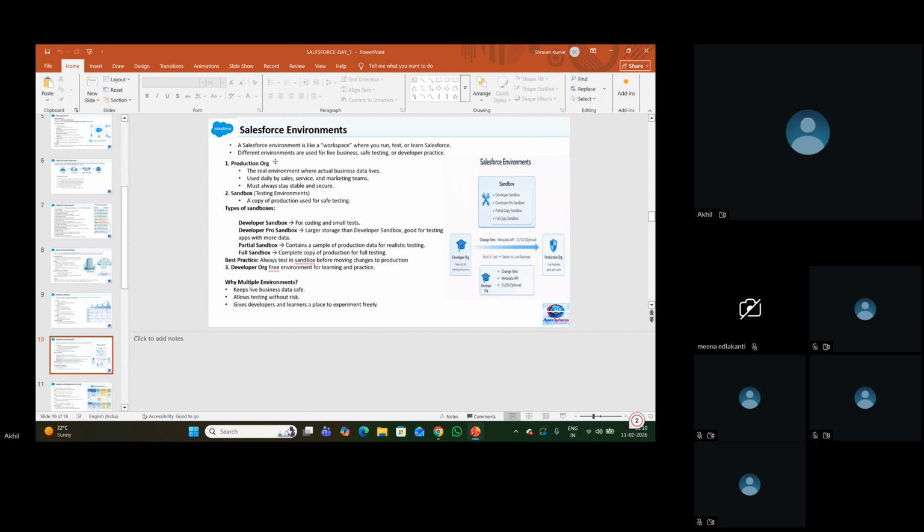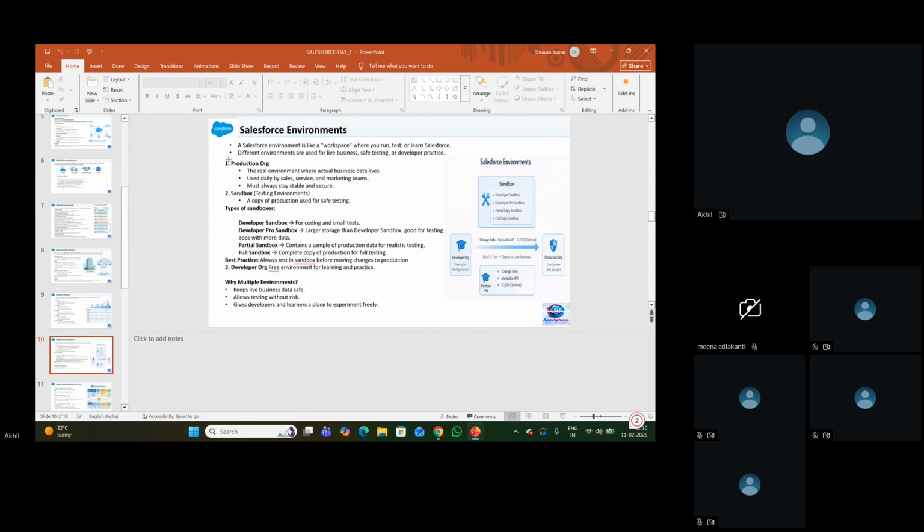Let's suppose I want to enhance that functionality. I want to add some new insurance product to our health insurance application. If we do development directly in the production org, we might see some complications, exceptions, and code issues. We might interrupt the real business users, so we should not do that. For that, Salesforce has brought up a concept called sandboxes. You got this?